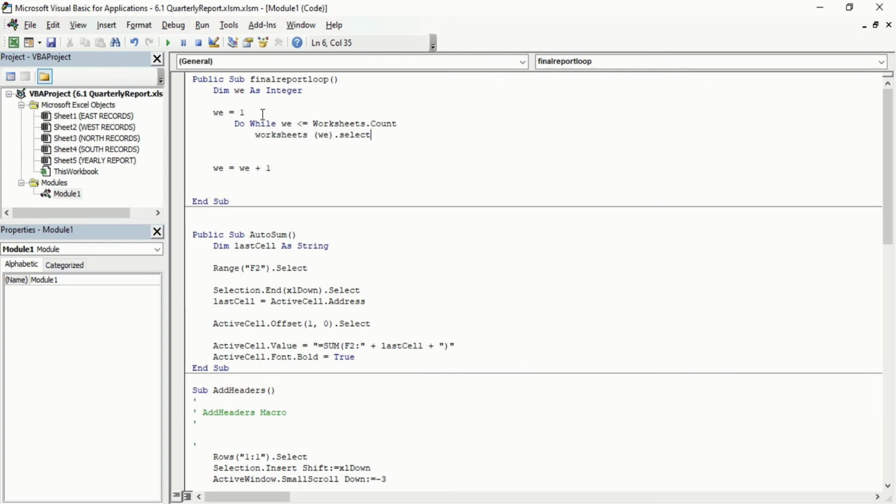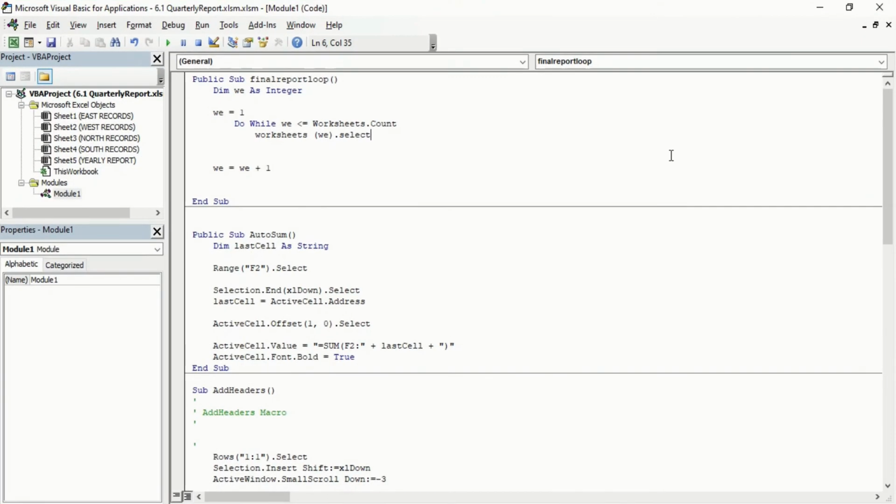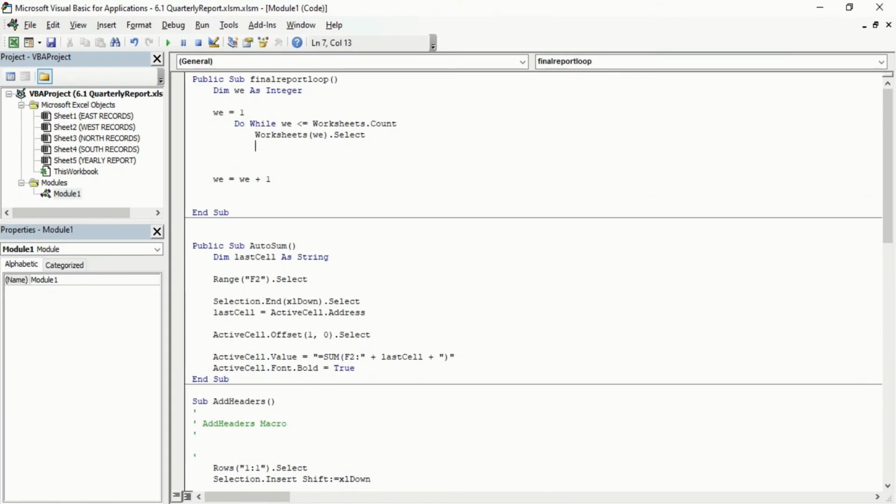Because we want an integer and we want to work from sheet 1. I do not want to run the code from the fourth sheet, not from the second or third. I want to run from the first. That's why we have written v is equal to 1 and run to the worksheet count. But what is the difference now? Now if I write this, now this is okay.